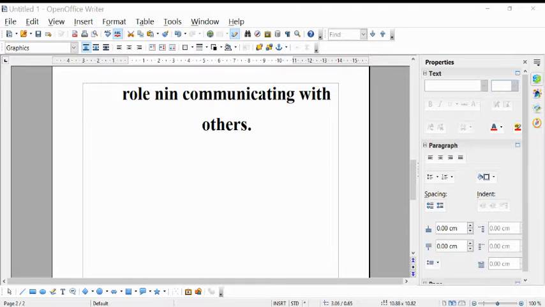Suppose from the same table now, if you want to insert the border, then you just select this table, just click on table, click on table properties, and from here the border option is there. From here choose any border, which border you want to take, just select and click on OK. So the border will come for this table. So this is how to change the border in the table.